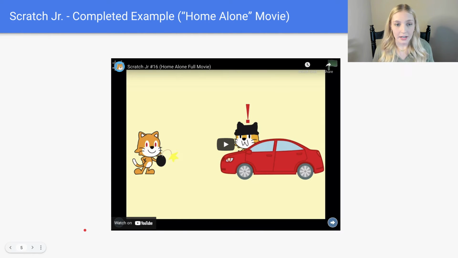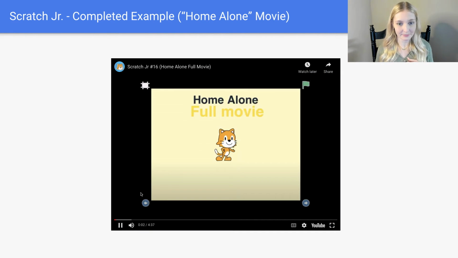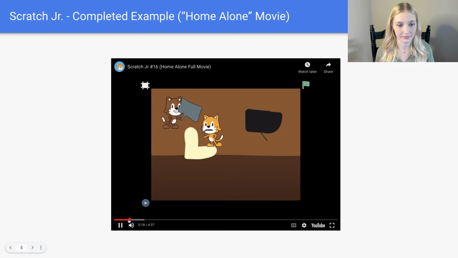I also like this example because it's pretty much an example of what I want students to come up with. This is an example based on the Home Alone movie, so I'll play just a second of it. Let me skip forward. Yeah. So you can kind of see